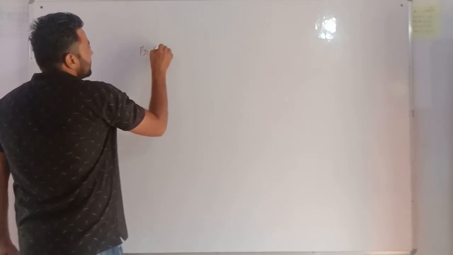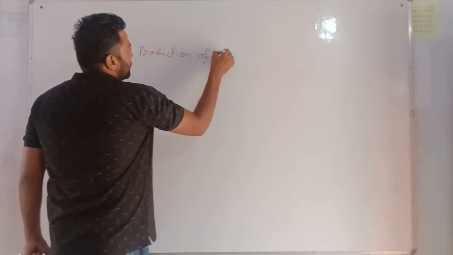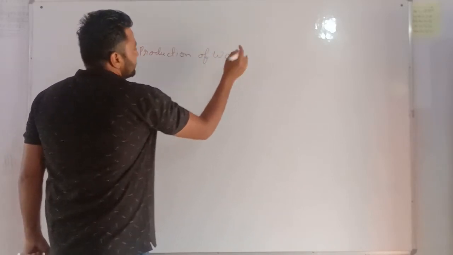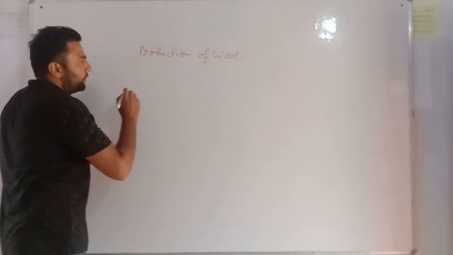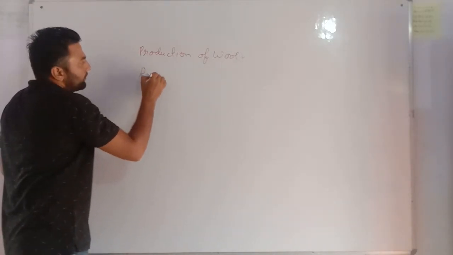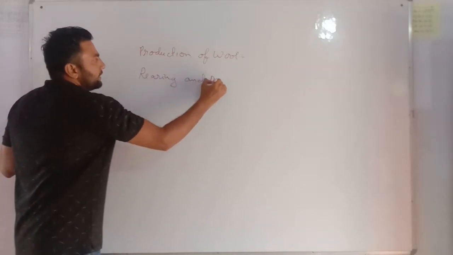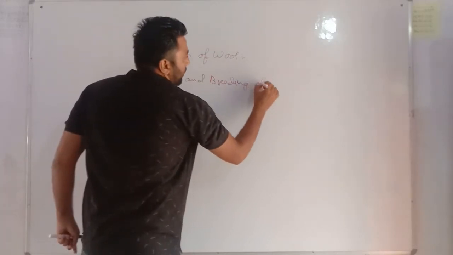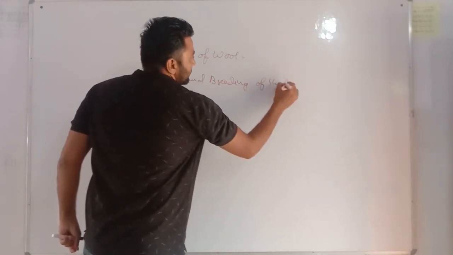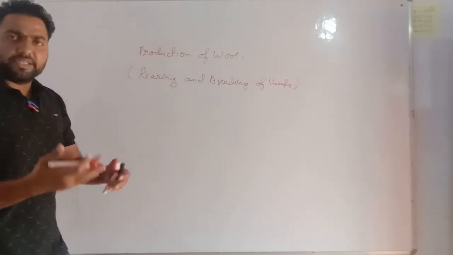production of wool. My dear students, in the production of wool, the foremost thing we have to do is rearing and breeding of sheep. I am taking the example of sheep because this is the most common,